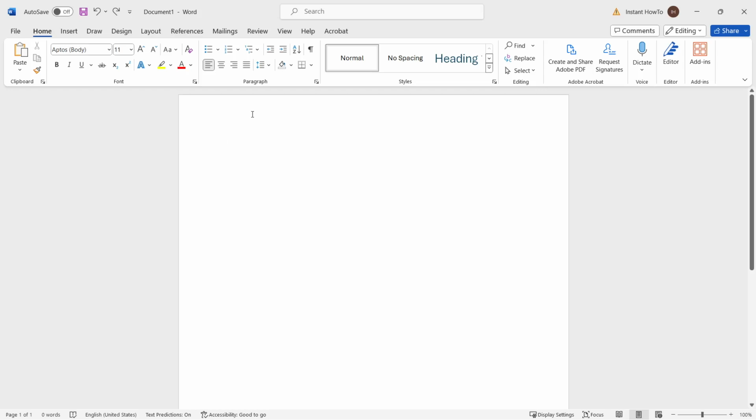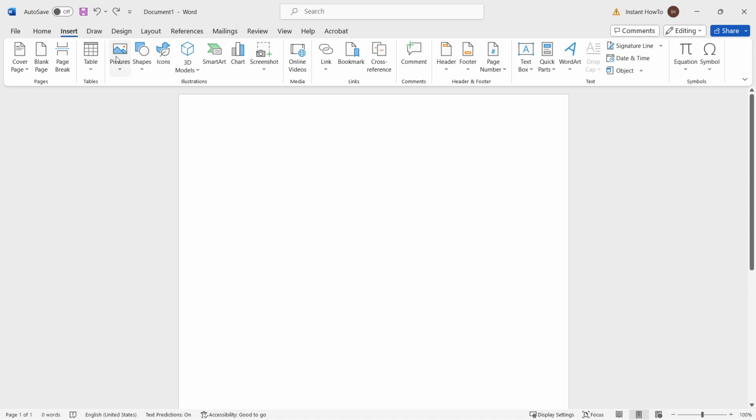In this video, I'm going to show you how to insert a picture in Microsoft Word. So first, you need to open up a document inside Microsoft Word and then place your cursor where you would like to insert an image. And now once you've done this, you want to go up here to where it says Insert, and then Pictures,